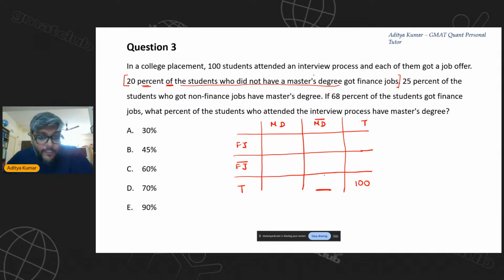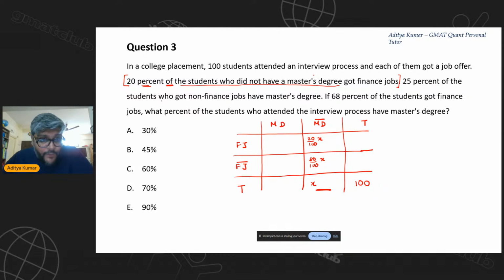So at this point, I don't know what this block is, so I'm going to call it X. 20% of X got finance jobs. So that's 20 by 100 X. This would be 80 by 100 X. You see, I'm navigating to the question. I don't know what information I've got further. Next,